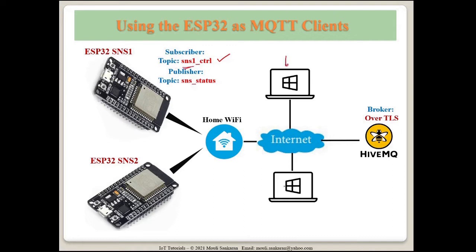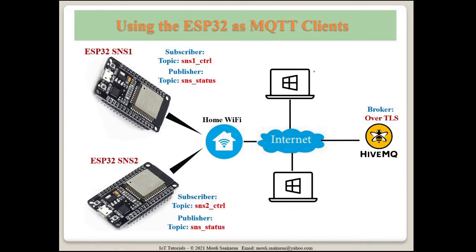So anybody, any publisher running on any other machine anywhere in the world, if they know the credentials of this device, the HiveMQ broker host name, then they will also be able to communicate with the same broker. And this also can be considered as an IoT device from the broker perspective. Though it is performing the control operation, it could be some control application running on the machine on Windows itself or somewhere else, maybe another controller running on an embedded system. So this will be sending some commands.